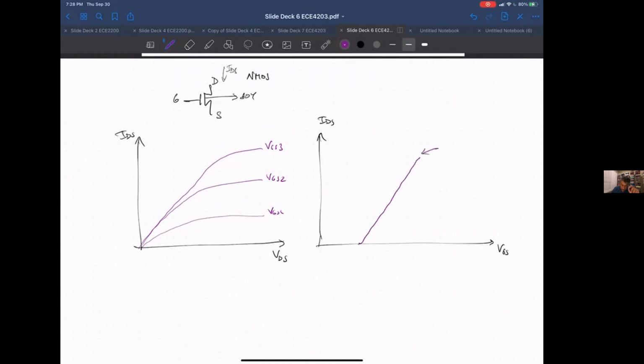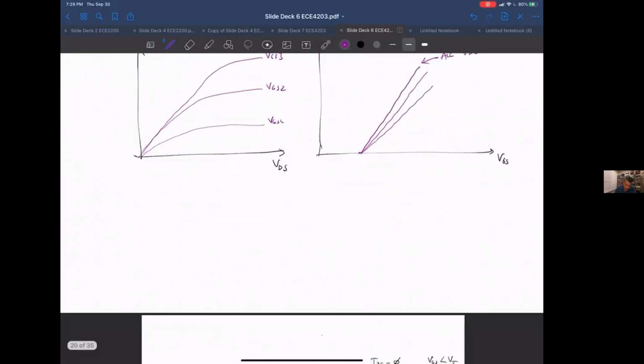So for all VDS, I would get... is that true? Let me see. No, basically for different VDSs, I would get different values here, depending on where I get. And then the equations are IDS